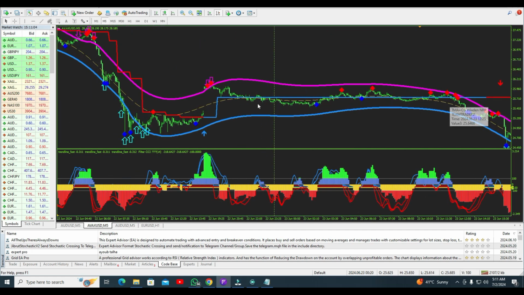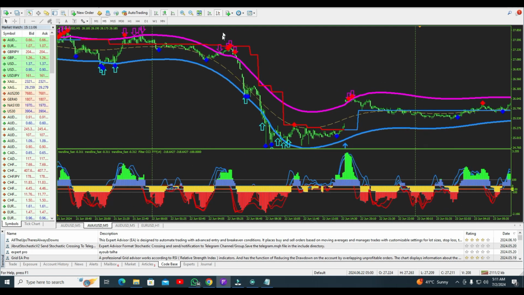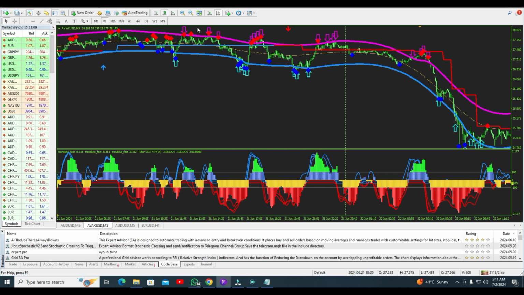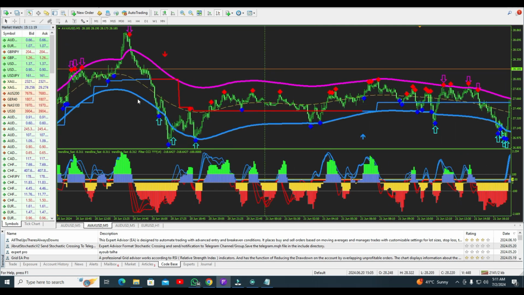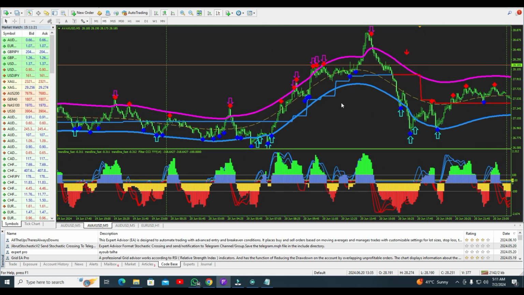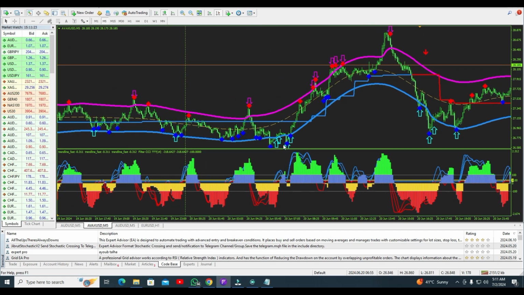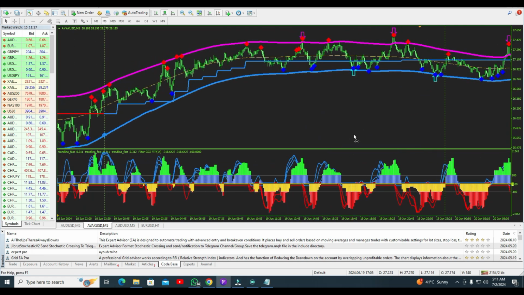You did not get the buy signal here. You got the sell signal, you got the sell signal. All the sell signals are profitable. This one is a buy signal, you can follow this buy signal. You will get zero fake signals in the whole strategy. You can see the buy signal, buy signal, buy signal. You have to follow buy signals only.